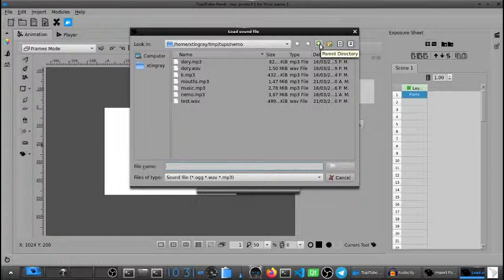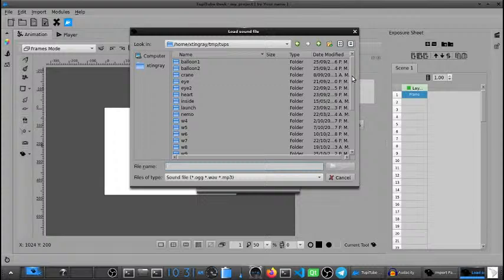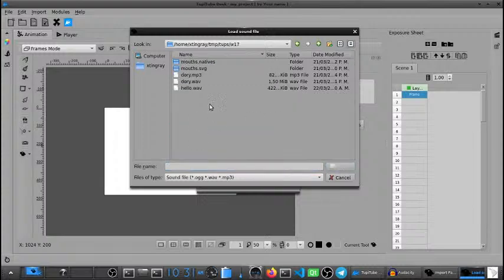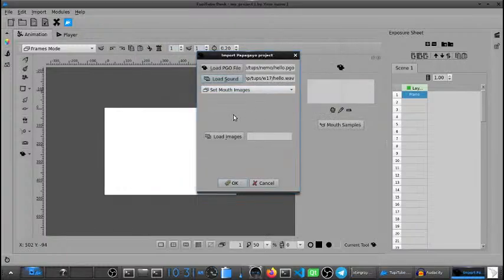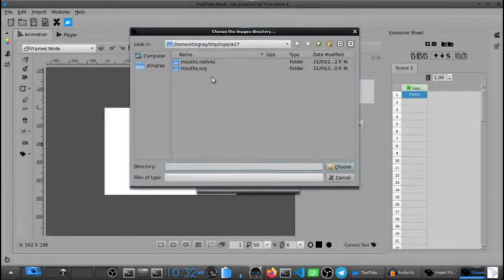It's right here. And now I'm going to load my own set of mouths that I created. I'm going to use my personal collection, mouths SVG.